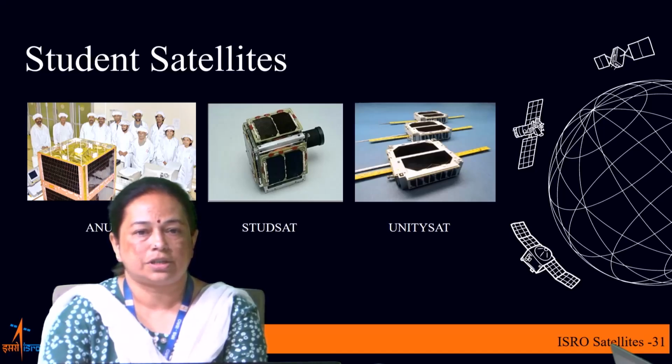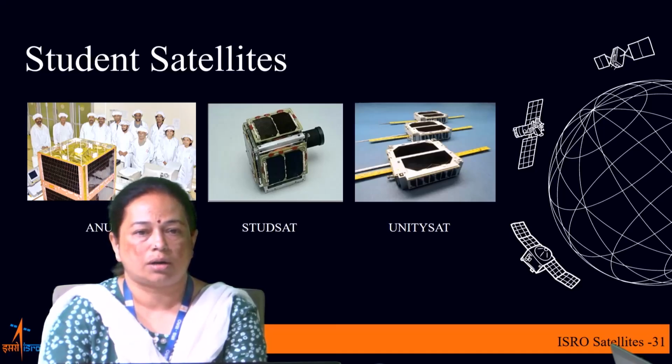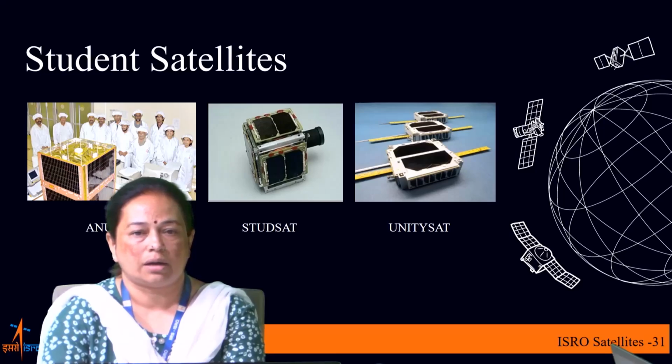StudSat is the first pico satellite developed in the country by a consortium of several engineering colleges in Karnataka and Andhra Pradesh. StudSat, launched on a PSLV rocket on July 12, 2010, weighed less than 1 kg. The primary objectives of the program were promoting space technology in educational institutions and encouraging research and development in miniaturized satellites. The latest in the student satellite program is UnitySat-1, a combination of 3 satellites which are